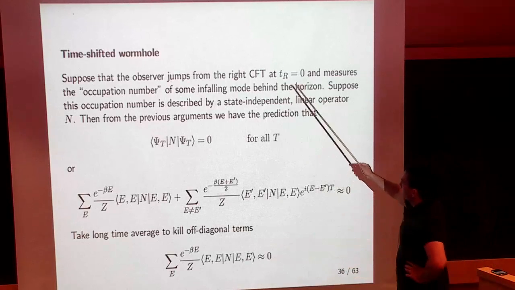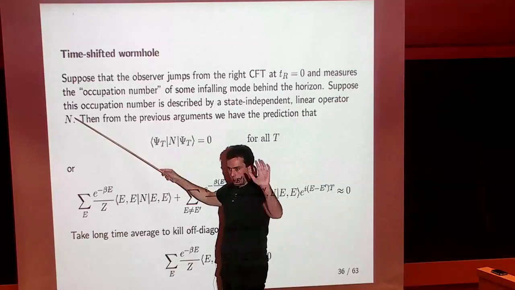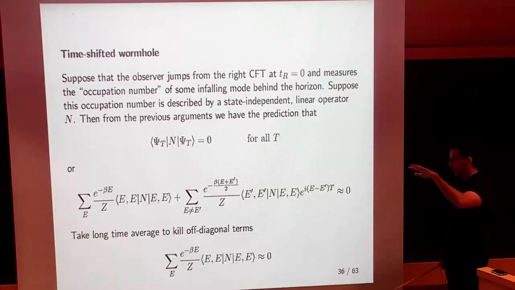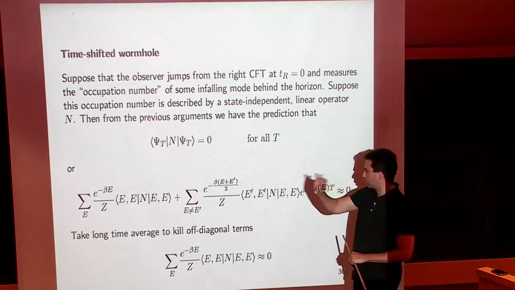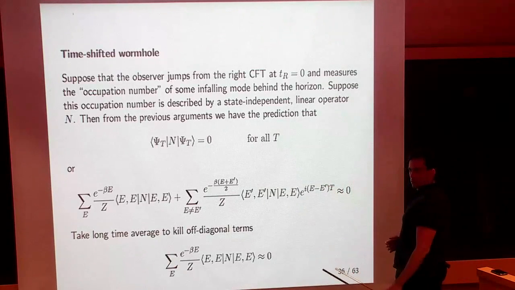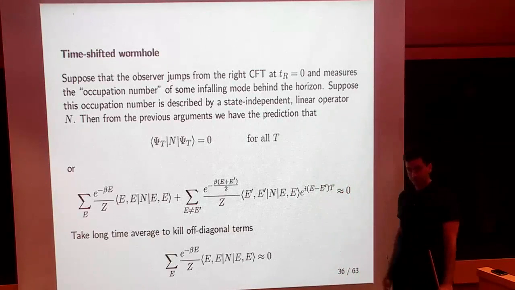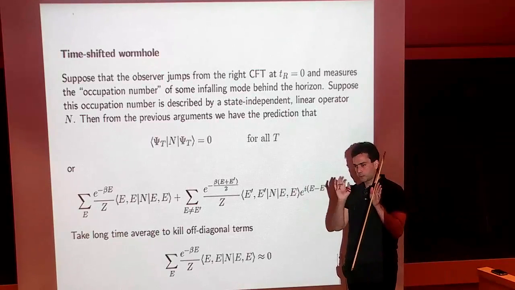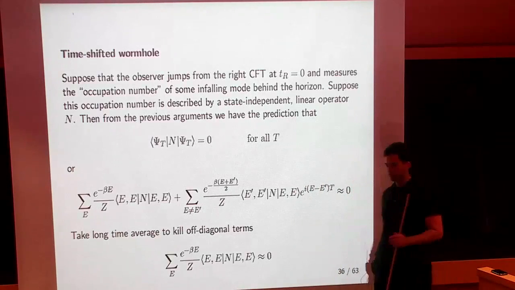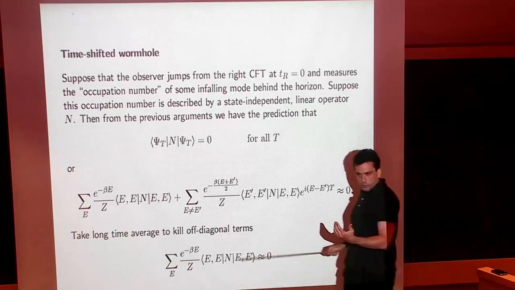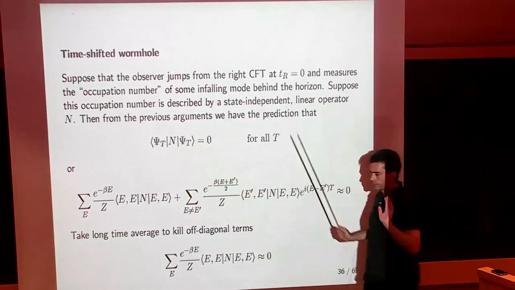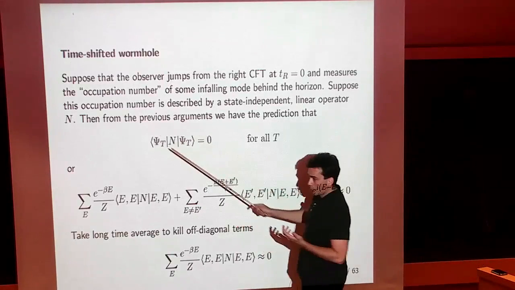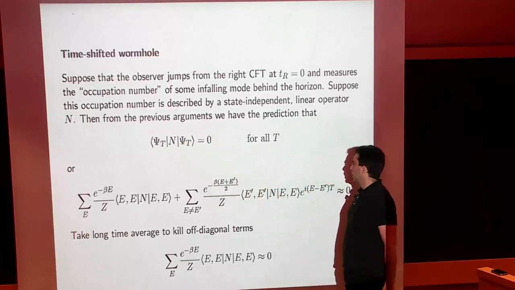So suppose that there is an operator n, which is a global linear operator defined on the Hilbert space of the CFT, which measures how many excitations we have on some particular mode for the infalling observer. Just the right CFT? Yeah, which is defined relationally from the right CFT. I do not care where this n acts on the full Hilbert space. The only thing I care about is that it has been defined relationally with respect to the right CFT. So I'm willing to allow this n to act on both Hilbert spaces. But yeah. So the fact that all of the states are smooth can be expressed by this equation. So the infalling observer does not see any particles for all t.